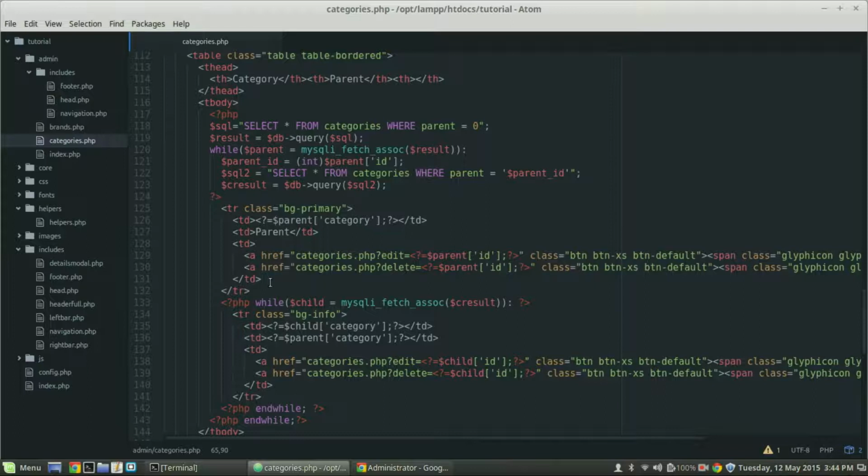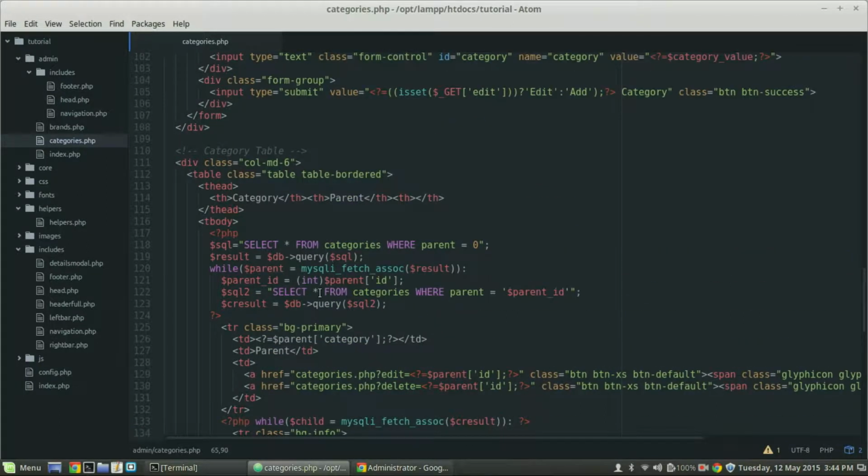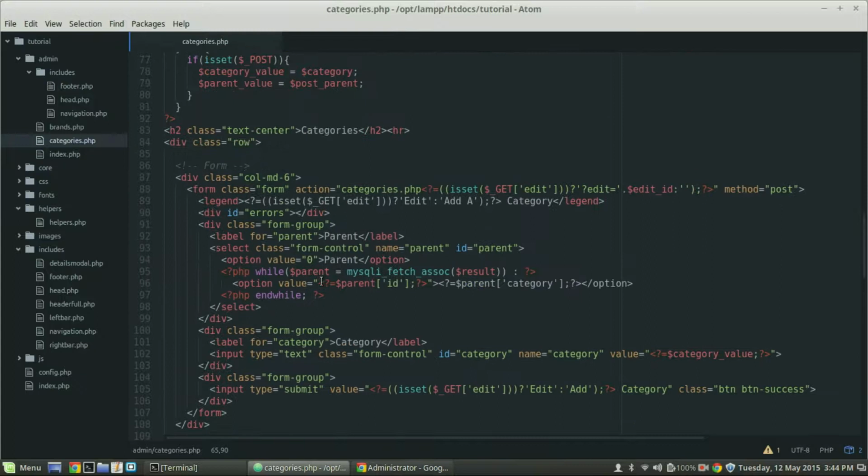So here now in our while loops, let's see, where's our form? That's our table. So here's our form. So right here in our options, we want to add a ternary operator here. We'll just do that really quickly, and then we'll copy and paste it everywhere. So what we can do now is we have access to this parent value. So let's just pop this in here. We're going to add, if this is going to equate to true, what I want to do is say